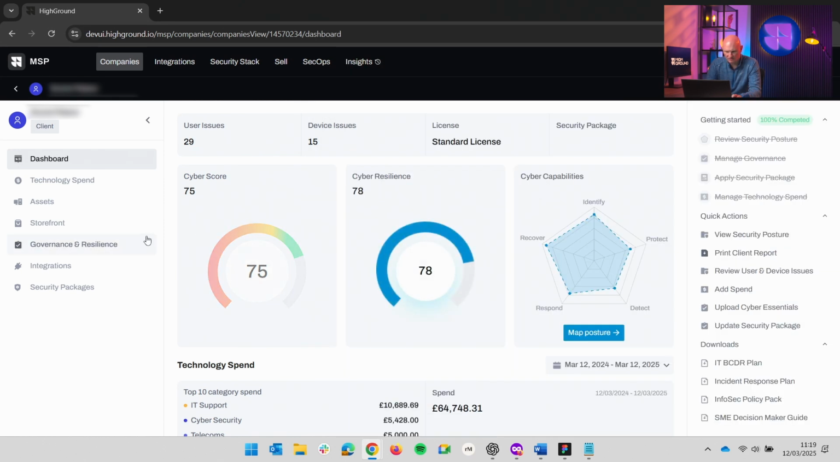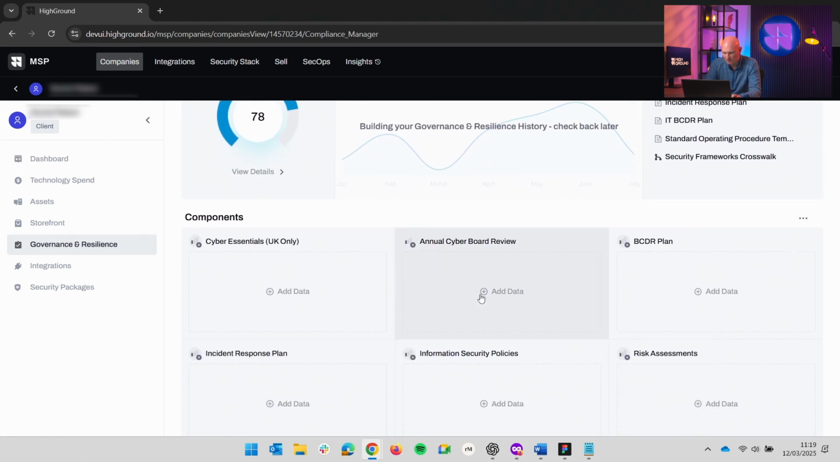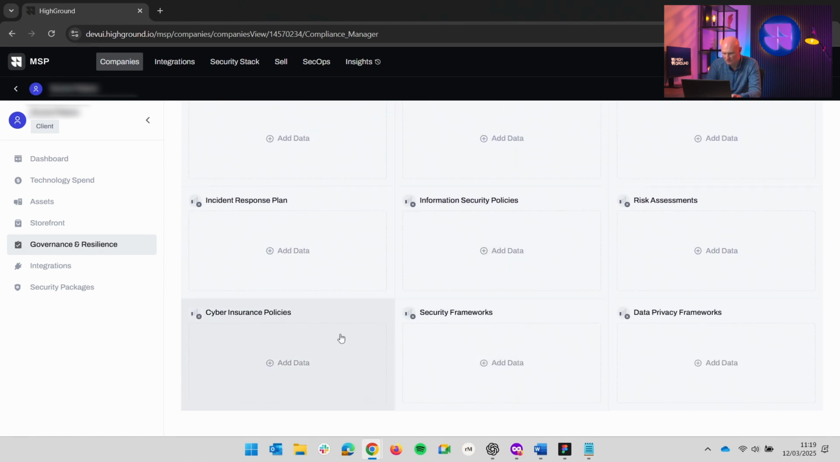So we also have a governance and resilience module over here, and this is where we can actually upload and perform reviews. So we can upload plans, policies, perform incident response reviews, disaster recovery reviews, hold details about their insurance policies, and you can give your client a log on to this so they can participate in it. So if they want to upload their own policies, if they want to perform their own reviews, you can facilitate that whilst maintaining visibility over what they have and what they don't have,